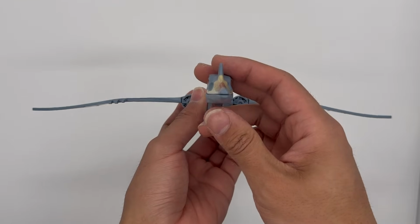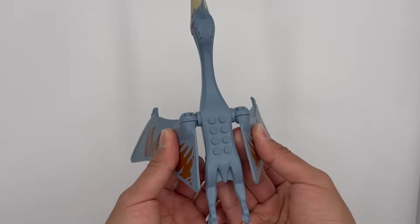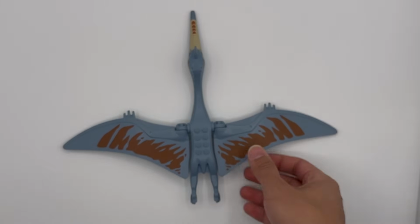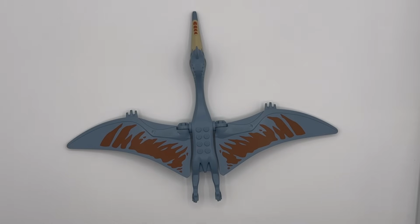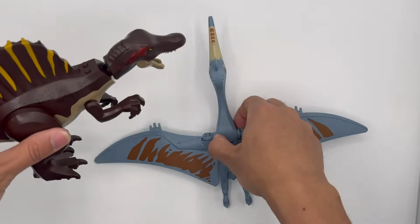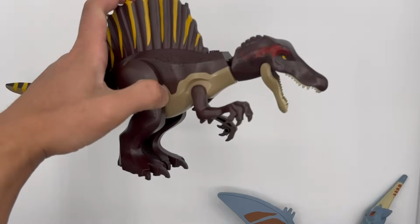I always feel like this is one of the dinosaurs I've mixed feelings on, because while it is really fun to flap the wings and pose them around and open and close the bill, I really wish there was some way to articulate the head, and that is just one thing I feel like is missing from this particular dinosaur. But setting that aside, because it is a creature we've seen before, it's time to take a look at the